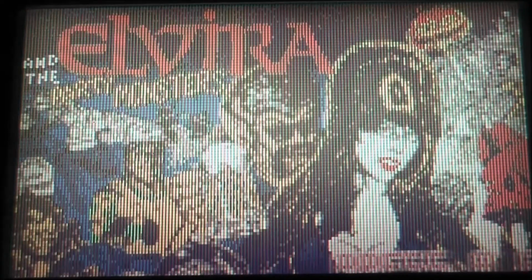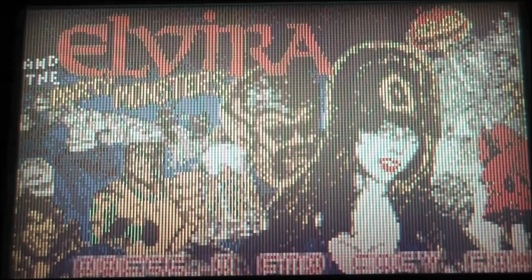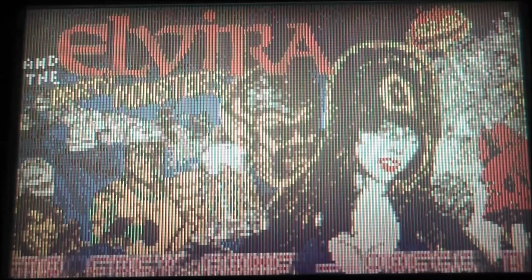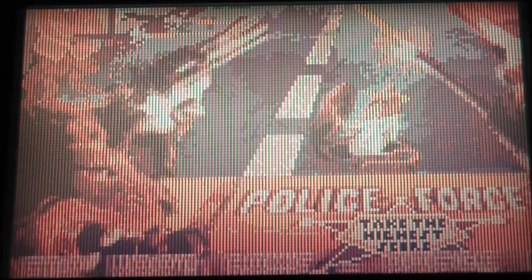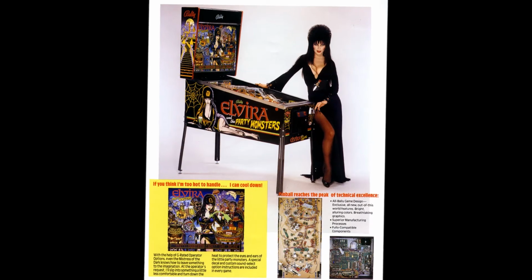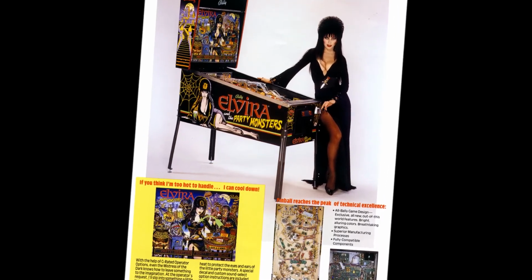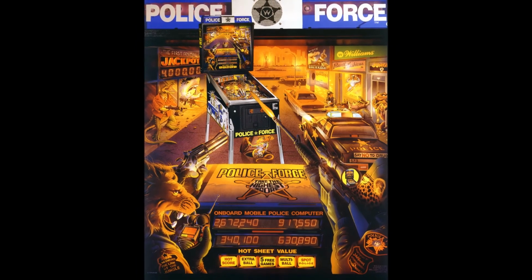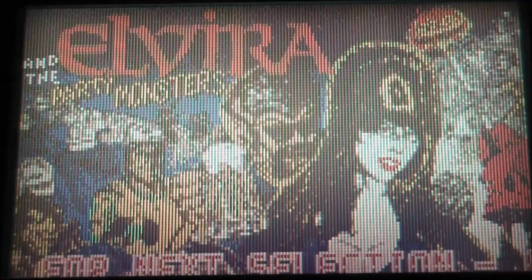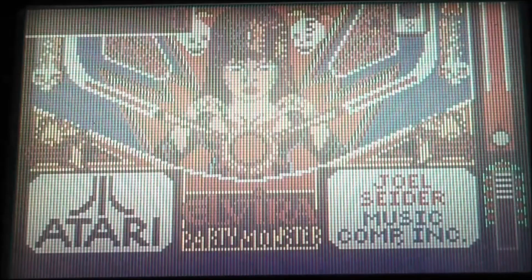Pinball Jam was published by Atari and carries a copyright year of 1992. It was programmed by Joel Sider, who also made Pac-Land for the Atari Lynx. Pinball Jam contains two pinball tables, Elvira and the Party Monsters based on the 1989 Bally pinball table, and Police Force based on the 1989 Williams pinball table. Technically, these were made by the same company since Williams purchased the Bally Midway pinball and arcade division the previous